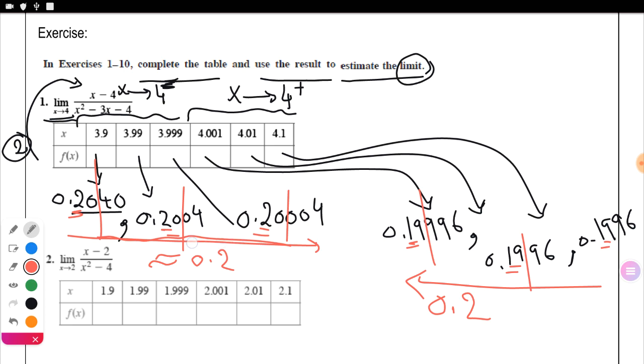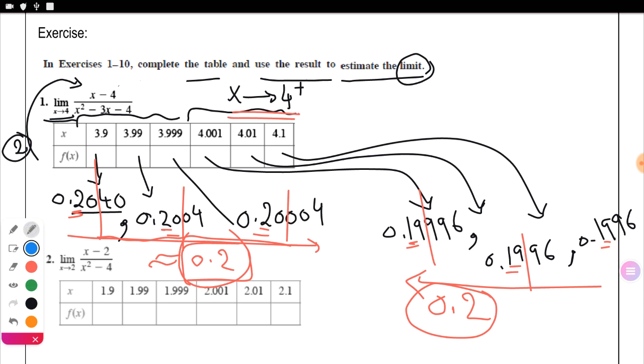Since f(x) approaches 0.2 when x approaches 4 from the left, and f(x) approaches 0.2 when x approaches 4 from the right, they are equal. In this case, the limit exists, and it will be like them. So I write here next to the question of our problem,